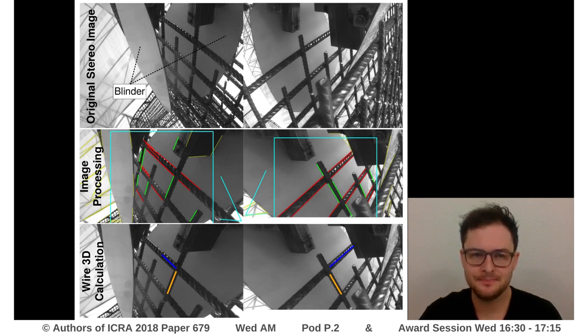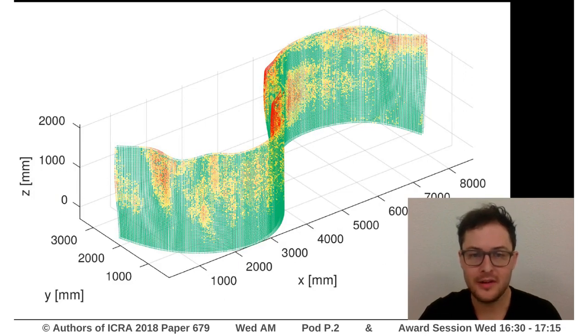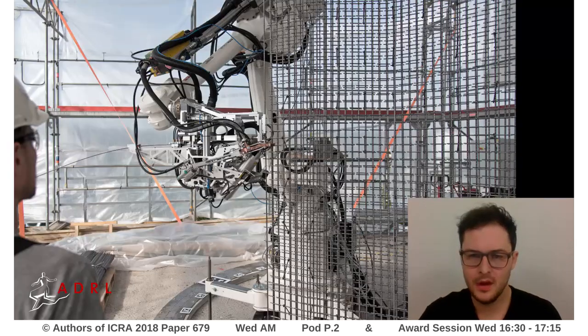it is built. To validate the fabrication accuracy of the wall, we performed ground truth measurement of the finished steel mesh. Red are errors greater than 2 cm. Green are errors below 1 cm. The average error is around 9.5 mm and 98% of the total geometry is within 2 cm of the design position. To the best of our knowledge, this is the largest structure which has been built by a mobile robot